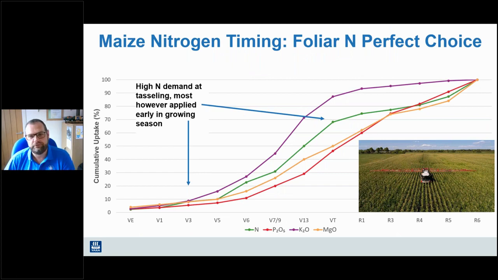When it comes to nitrogen timing, we've already said that there is a massive demand of nitrogen at tasseling. However, we apply most of it early in the growing season for practical reasons. What I would say is foliar nitrogen products are an ideal choice for that late timing. And when I talk of foliar nitrogen products, I don't mean